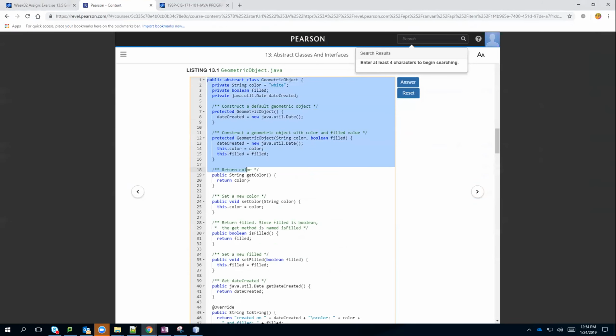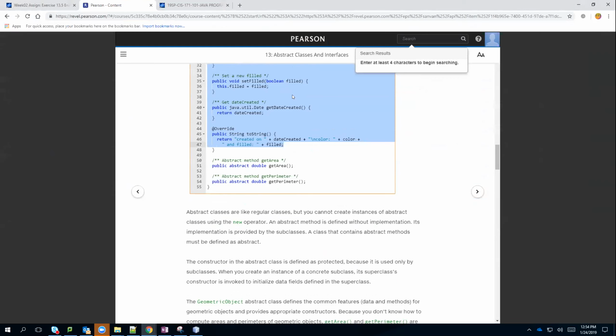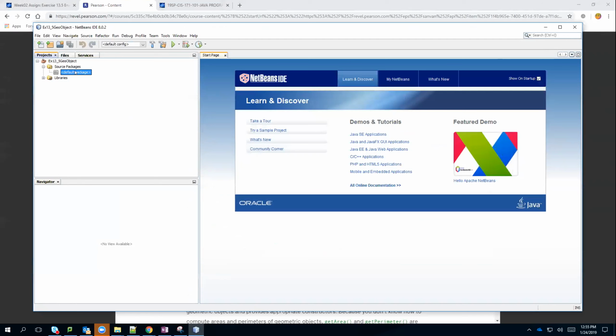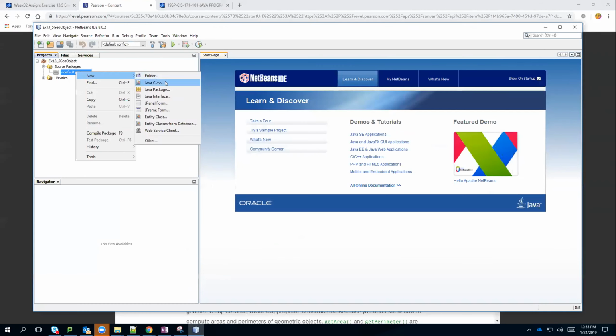How can I select all of this really easy? Control A. And if you're clicked in a window like this in Revel, Control A will work and only select what's in the window. Then you can Control C. And I'm going to go to NetBeans. I want to create this new class source file in my project. So I'm going to right click and say I want a new Java class,